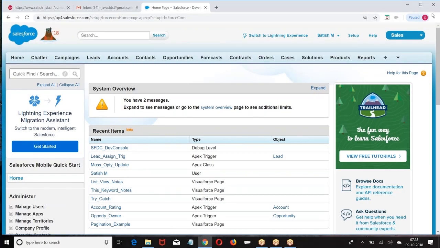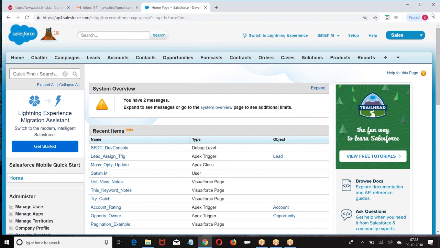After insert trigger. After the records are inserted successfully, I want the trigger to be removed. When do you call after update trigger, after insert trigger? After the record is saved successfully.